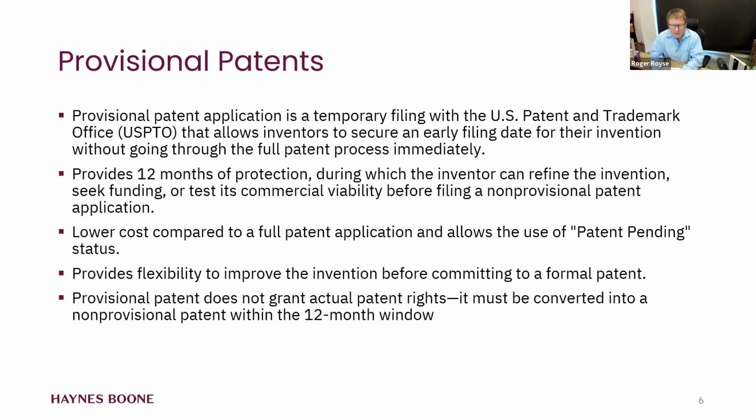The caveat to this, where people might get in trouble, is because they feel like it's a provisional, they don't put the work into writing a really good patent application, and they run into problems in the next 12 months when they try to file the utility application. With good legal counsel, you should be able to avoid that. Different lawyers have different opinions as to the use of this. I've heard patent lawyers say don't do it, but I think most patent lawyers I talk to see the value in provisional patent filings. It's lower cost, you can use the patent pending, and you've got a little bit of flexibility before you do the formal patent. So that is the provisional.